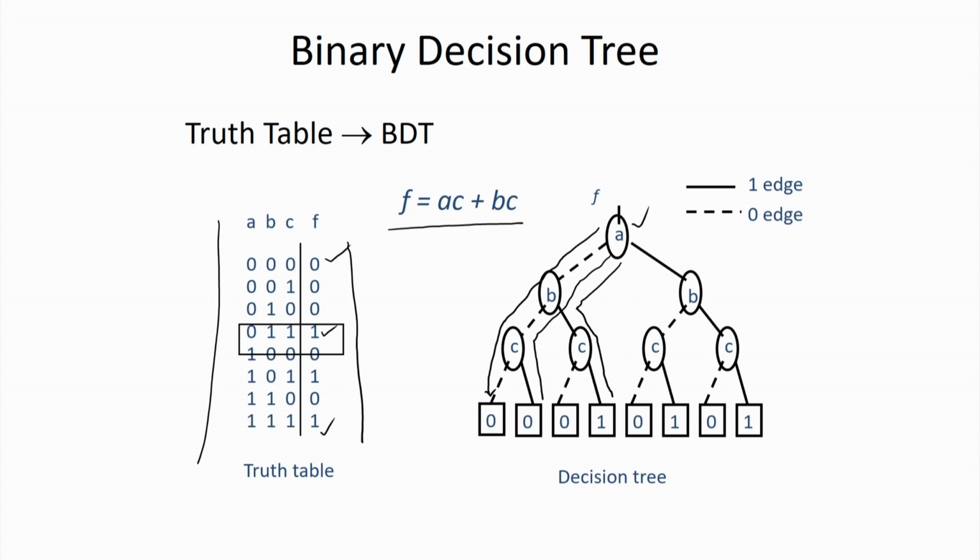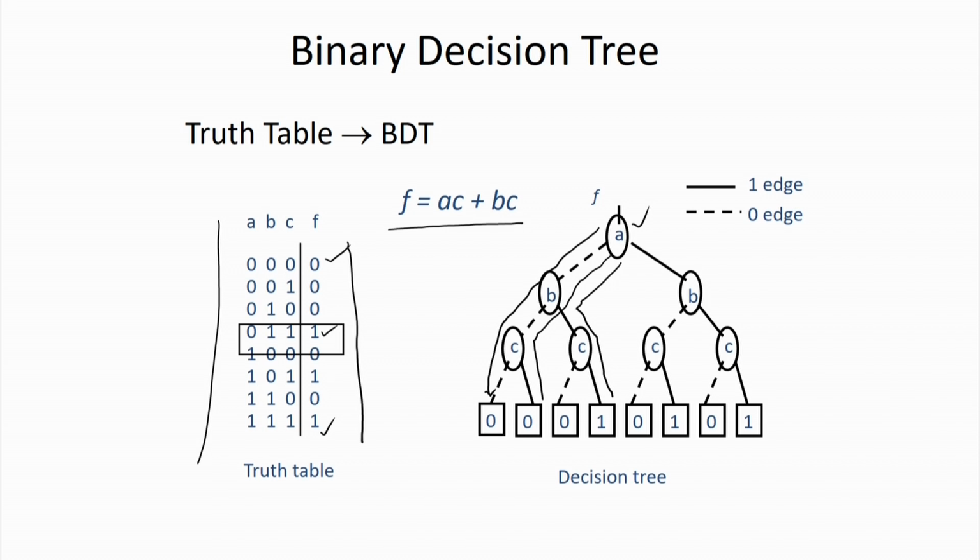Now, for 3 variables we are having 8 entries. If I increase one more variable, say if we are going to work with 4 variables, then we will be having 16 different entries. So, it is increasing exponentially.